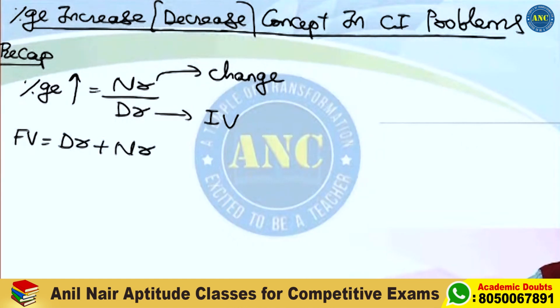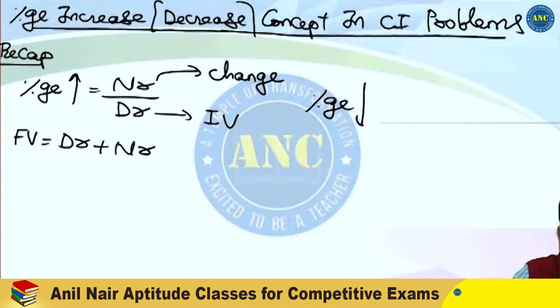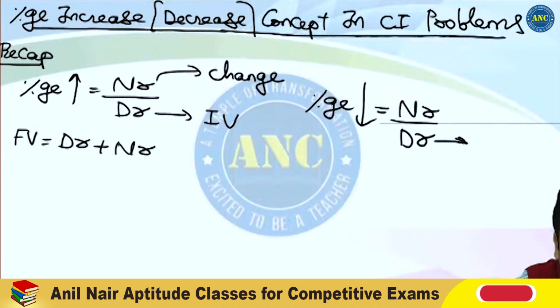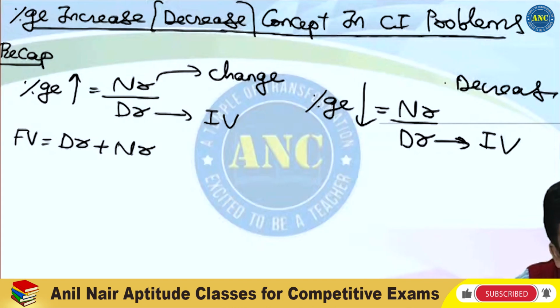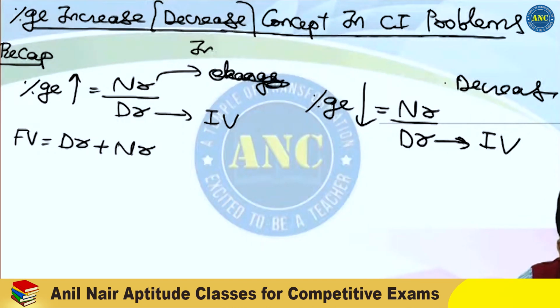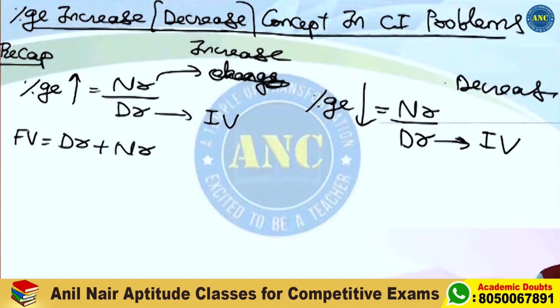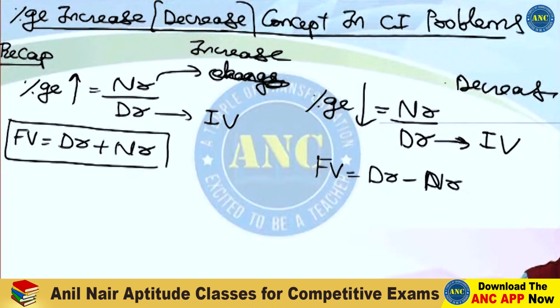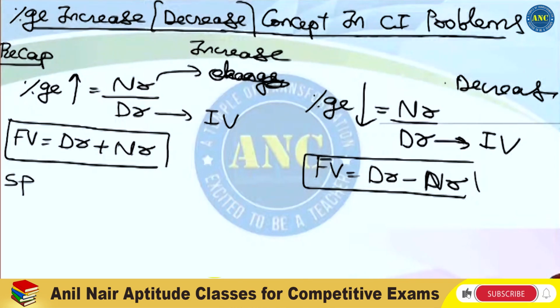denominator plus numerator. Similarly, if it is a percentage decrease, listen carefully to this problem, sir. Percentage decrease, if it is numerator by denominator, if this is initial value and it is decrease, let me write down instead of change increase because I wrote up arrow. These increase. So, final value is equivalent to denominator plus numerator. Here it is decrease. Final value is equivalent to denominator minus numerator. Right? This could be, final value could be selling price